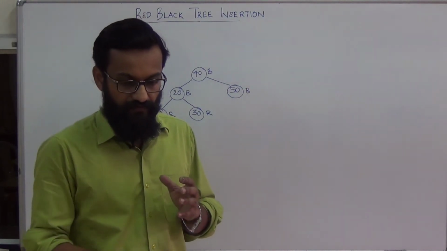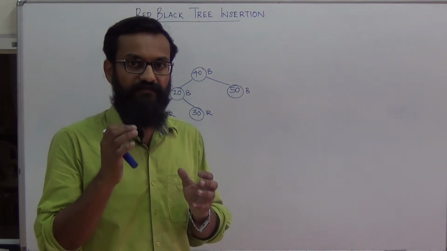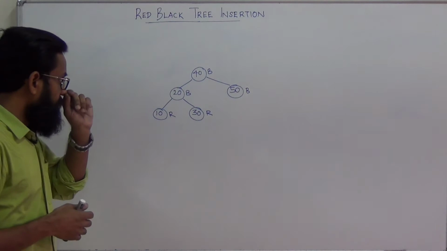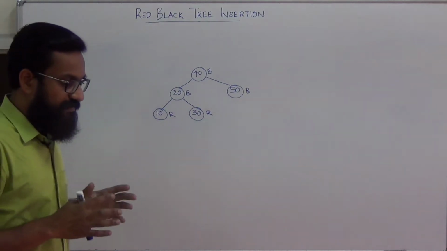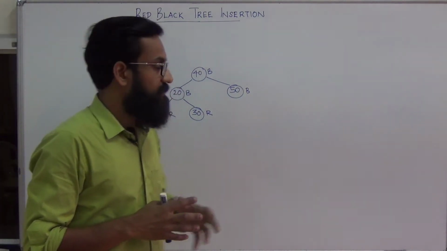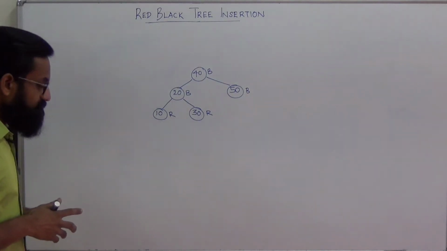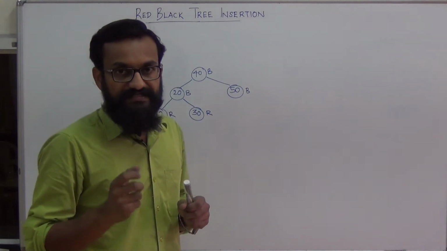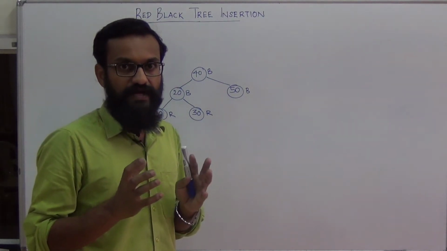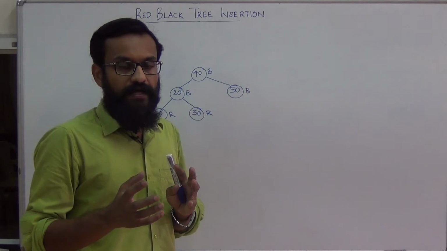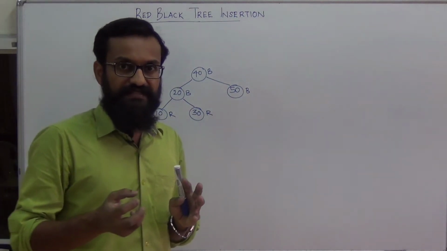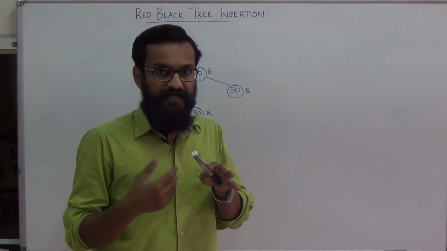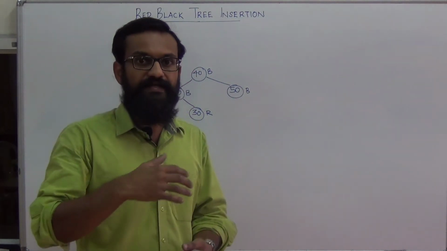So you have to insert the new node. So which color will we use to color it, whether red or black? We are having only two options, either color the new node with red or color it with black. And since it satisfies the binary search tree property, the insertion procedure is the same as that of binary search tree insertion. And after performing insertion, if any one of the red-black tree properties gets violated, you have to perform a fix-up.